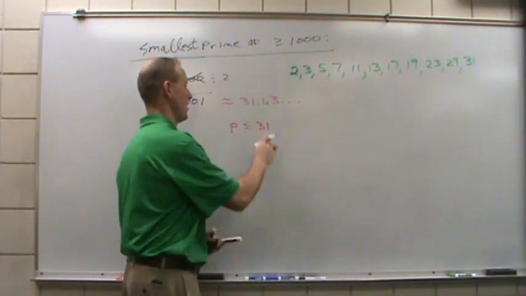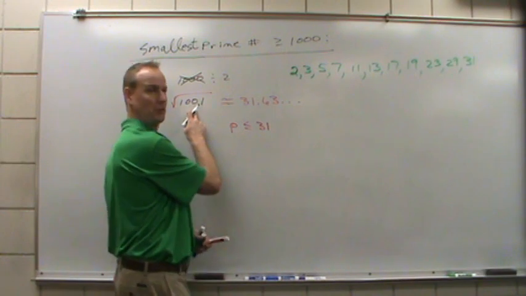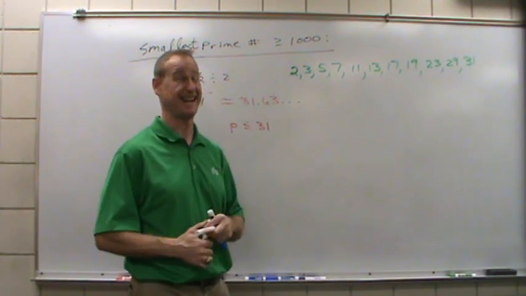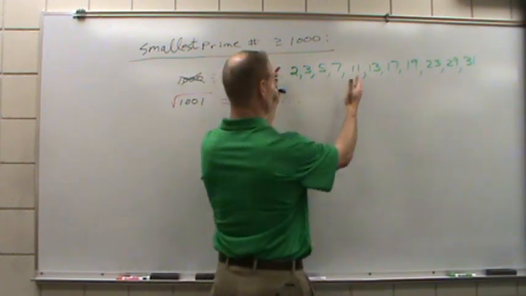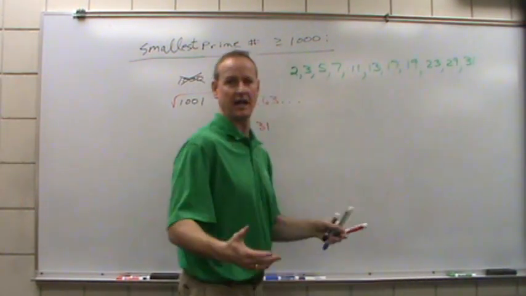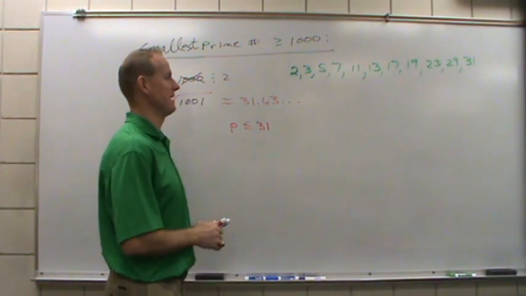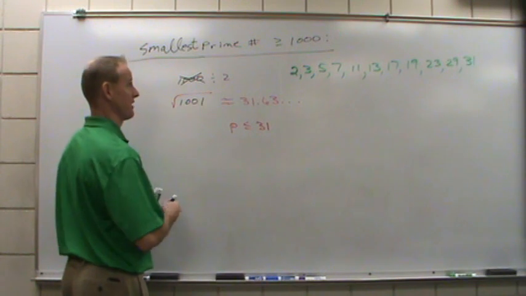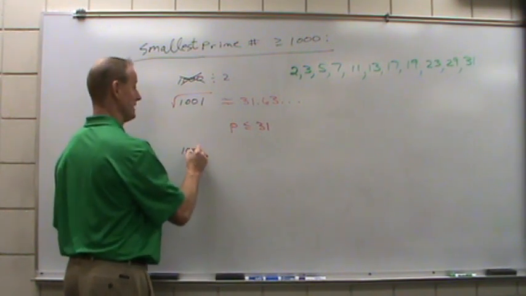But for right now, the primes less than or equal to the square root of 1,001 are these primes, so instead of checking 999 numbers, I've got 5, 10, 11 numbers is all I've got to check. So once again, you can have your calculator handy, but what we're going to find out is that 1,001 is